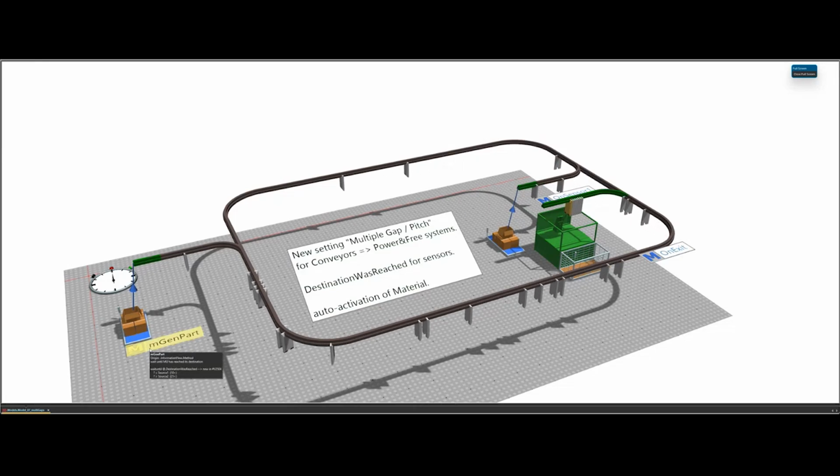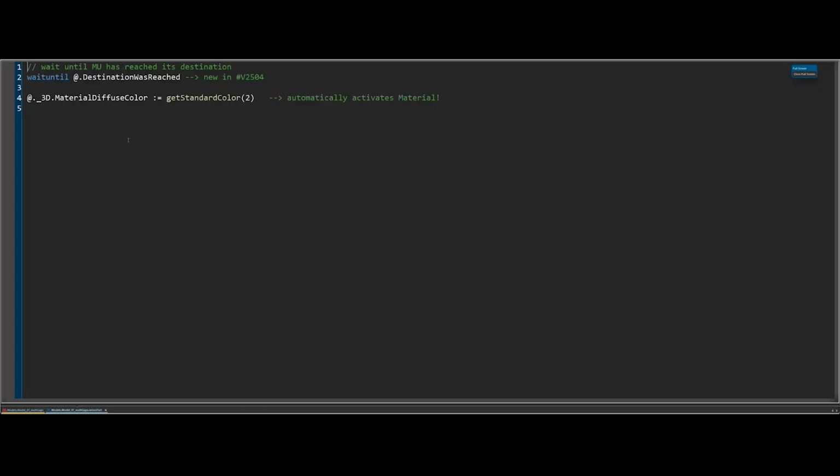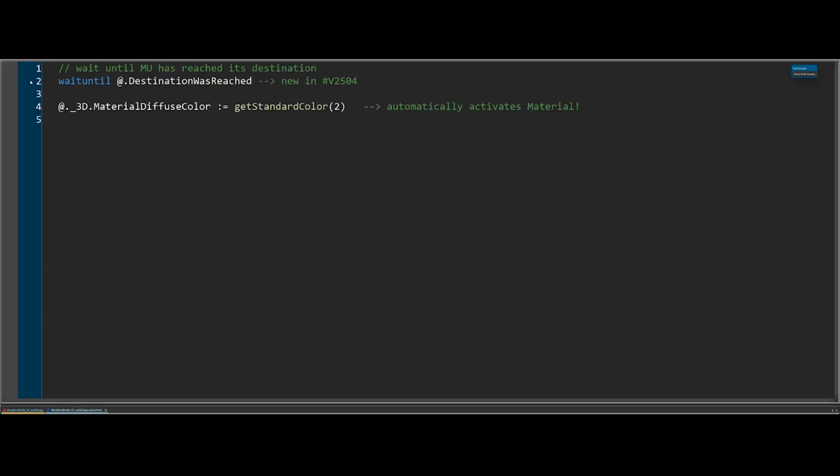And I'm using this here in this method. So I generate my MUs, and then I wait until the destination was reached, and then I switch the color of the MU to some standard color. And what is also new here is that you don't have to explicitly activate the 3D material of the MU.